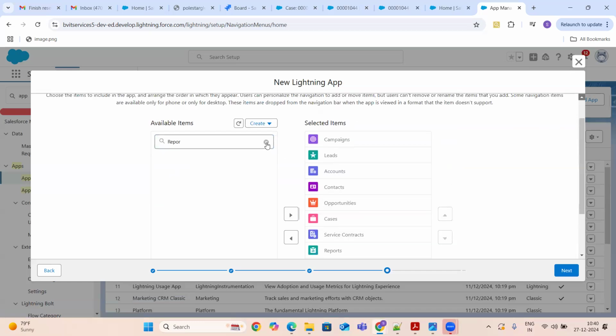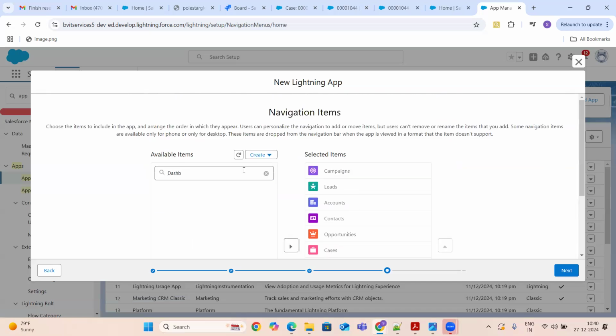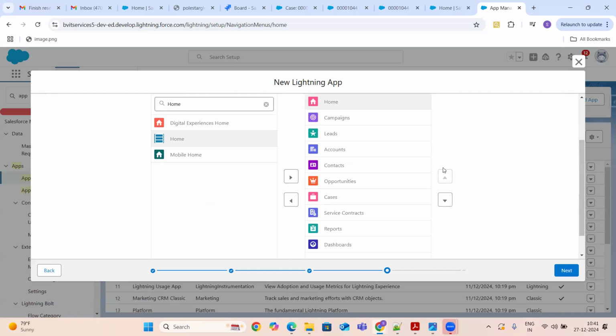And then I have dashboard. And basically, any application, we always want to keep the home tab, guys, to highlight our major highlights. So I'm going to keep it as home. This is going to be my first tab always.